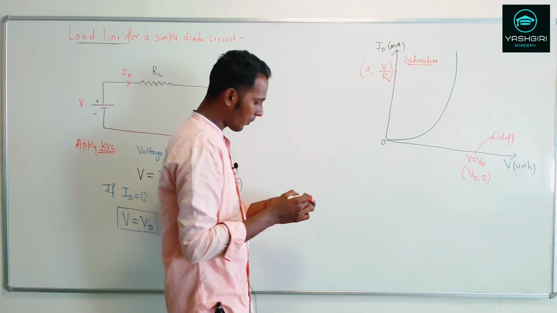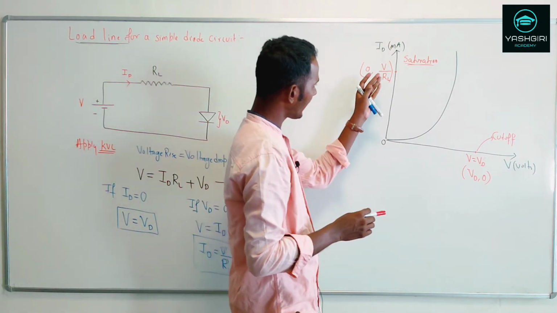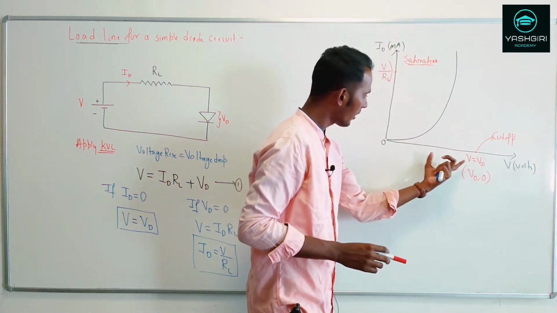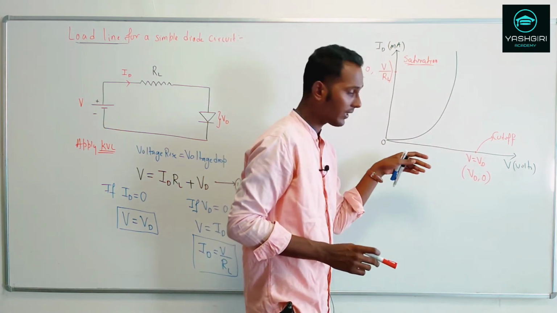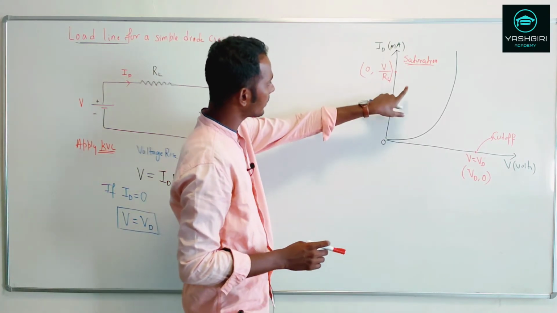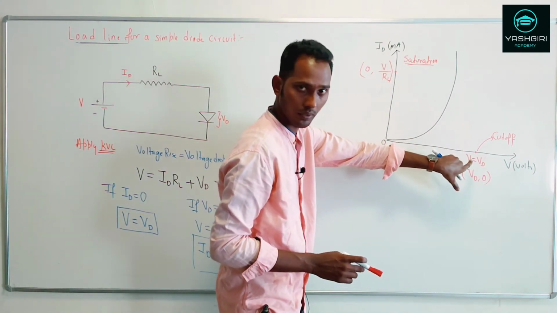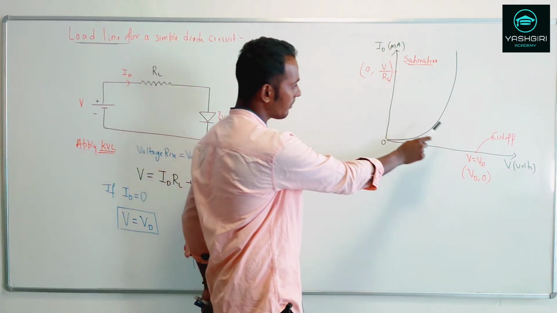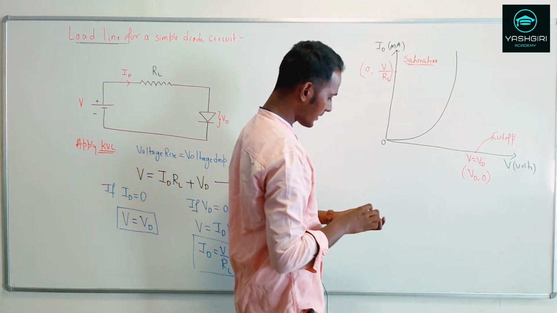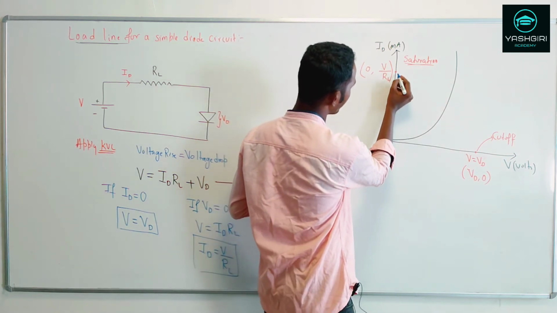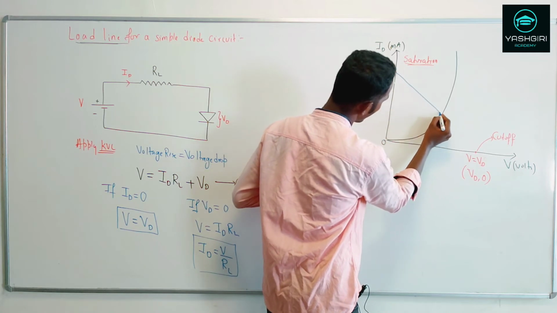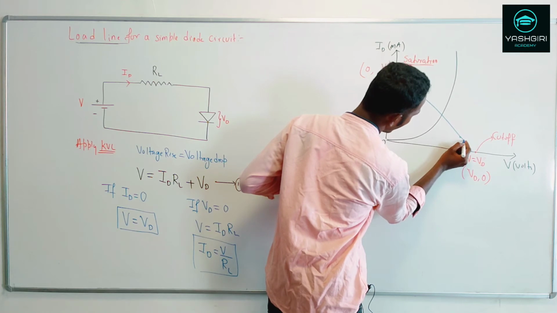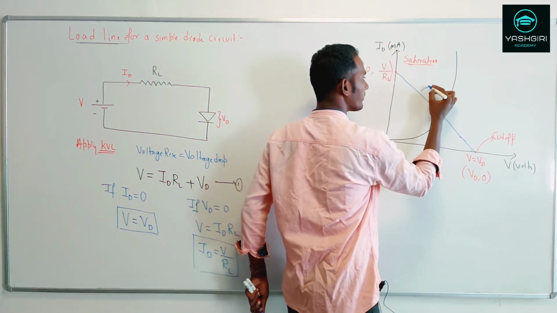Alright, so I have got 2 points. Now if I want to get more points in this region, from 0 to this VD voltage, by varying the different voltages, you can get a plot of the different points over here. Since I have got the maximum current and the minimum current, I just draw a straight linear line like this. This line we call the load line.